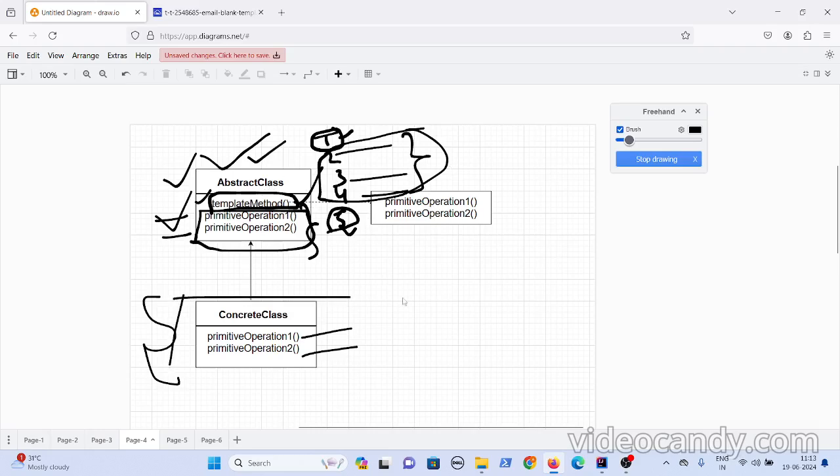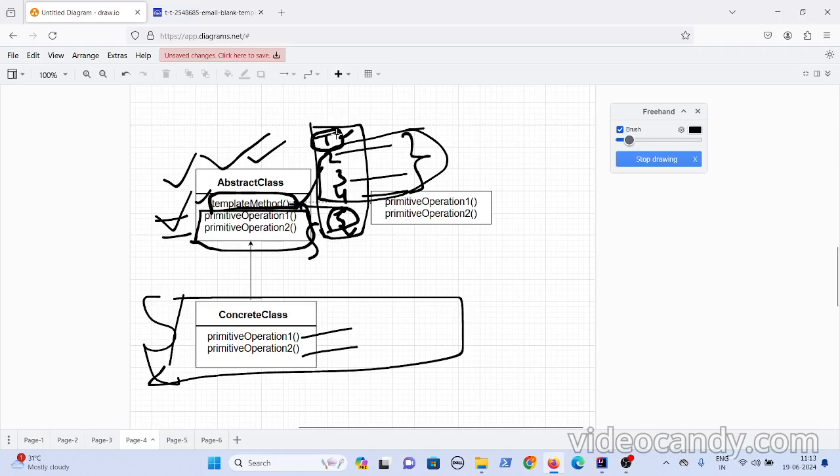it will have the child classes. So these are the classes that will be present. Inside the abstract class, you will have one template method. In the template method, you will define a few methods in an order that has to be executed in order. And these methods can be present as abstract methods or concrete methods in the abstract class, because for a few, it can provide the implementation.